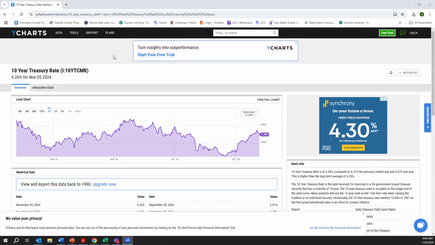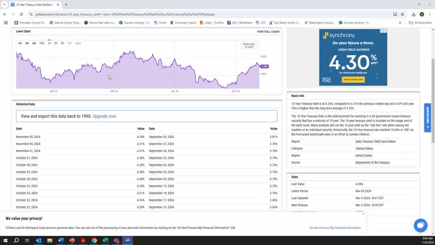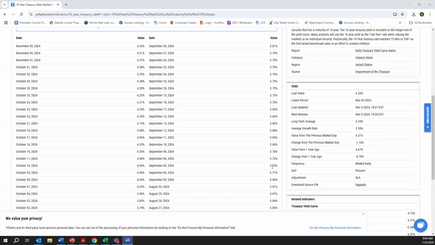So this is something that if you don't have access to a rate sheet or a lender quick, I like to share with people. What's cool about this is that you can actually pinpoint what's happening in the market. Now, these aren't interest rates as they pertain to the 30-year fixed, but you can see right here, the low in the past couple months was on September 16th, 3.63. And that's right as the Fed made their announcement. This is the 10-year treasury, and that is correct. This is a big chunk of what our interest rates are based on. It's a good way just to track what's happening.